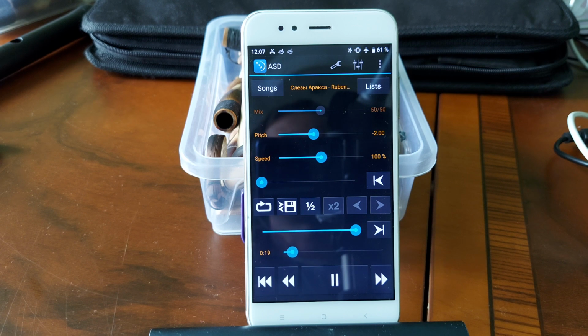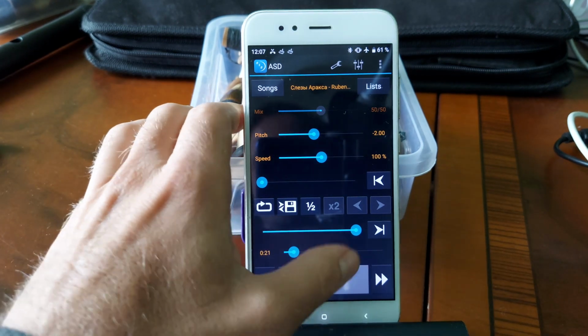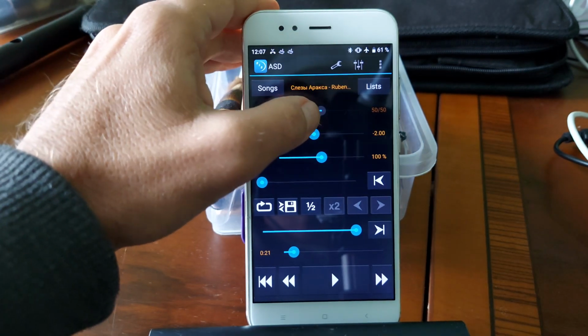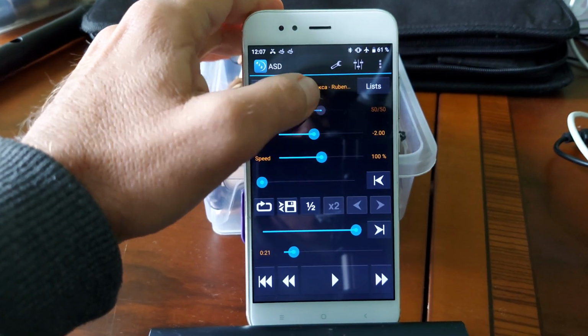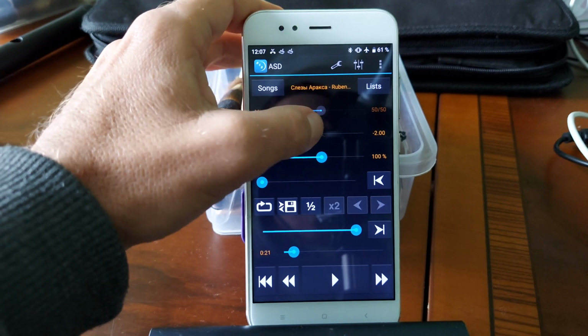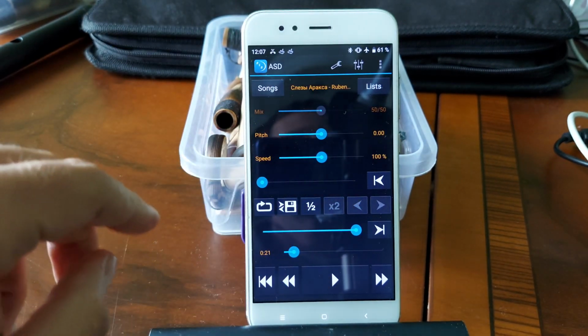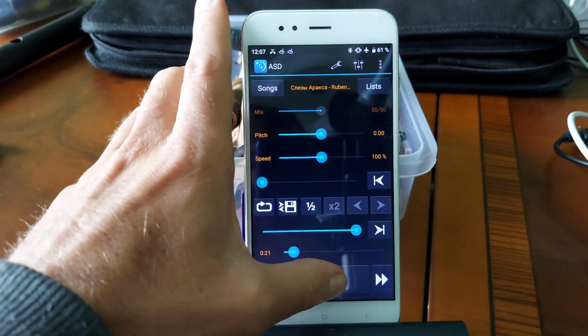This is how it works, in case you don't have an A duduk, or the composition is recorded, let's say, on G duduk, and you don't have a G duduk, you only have an A duduk. In this case, you have to pitch up the song, of course. So now I come back to my A duduk and the B minor scale. So I double click here. It comes again on 0, and the song is again in B minor scale.